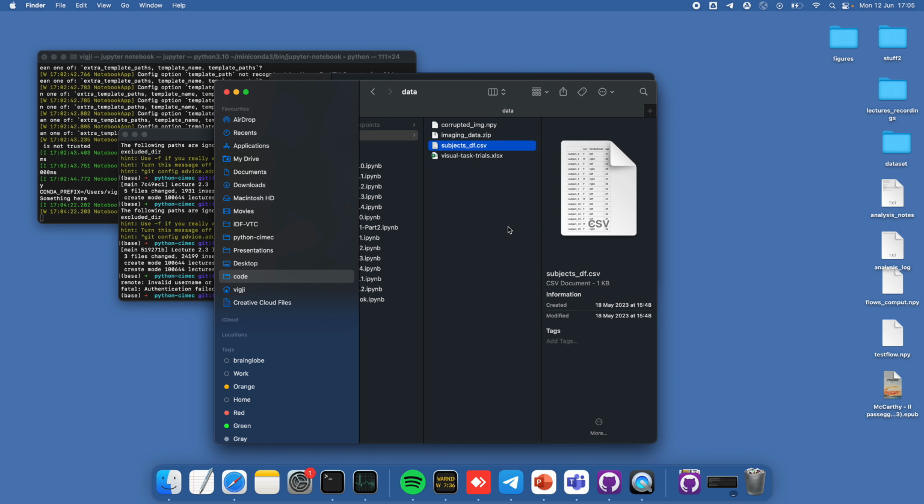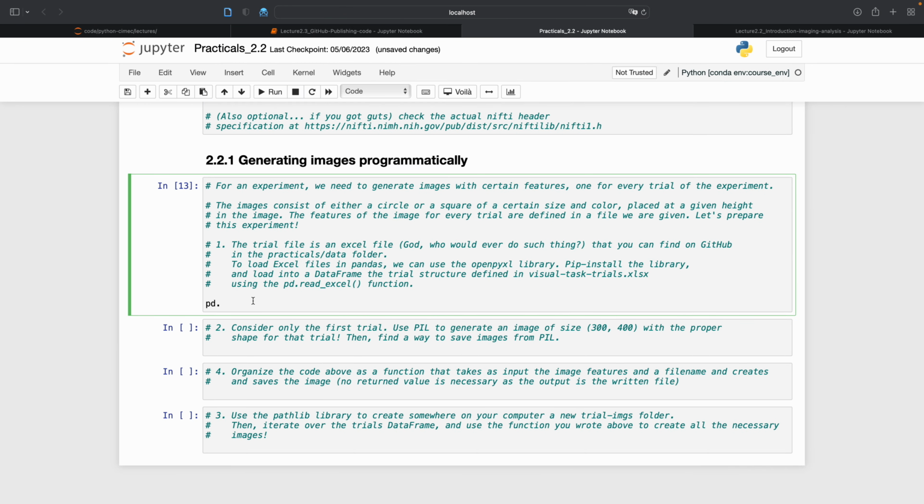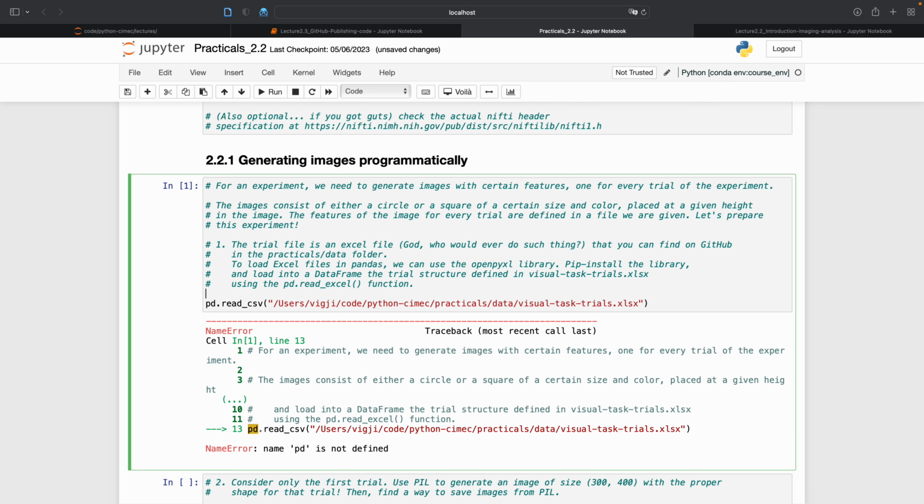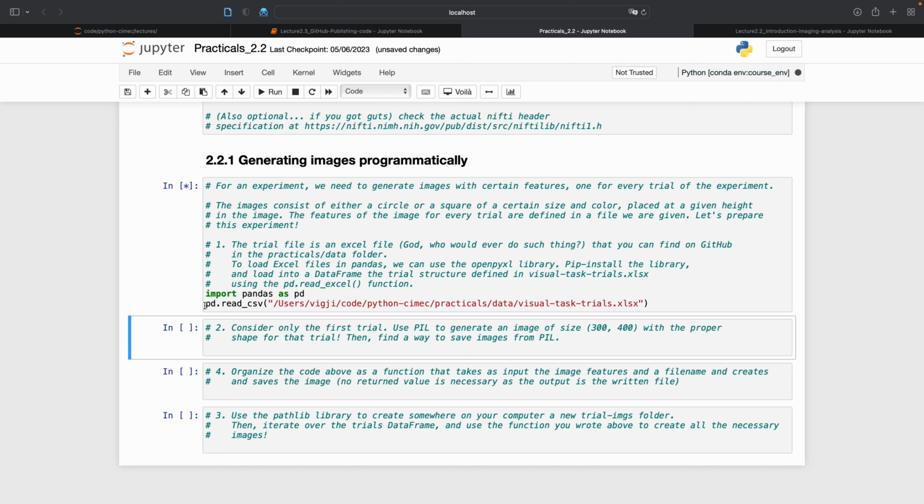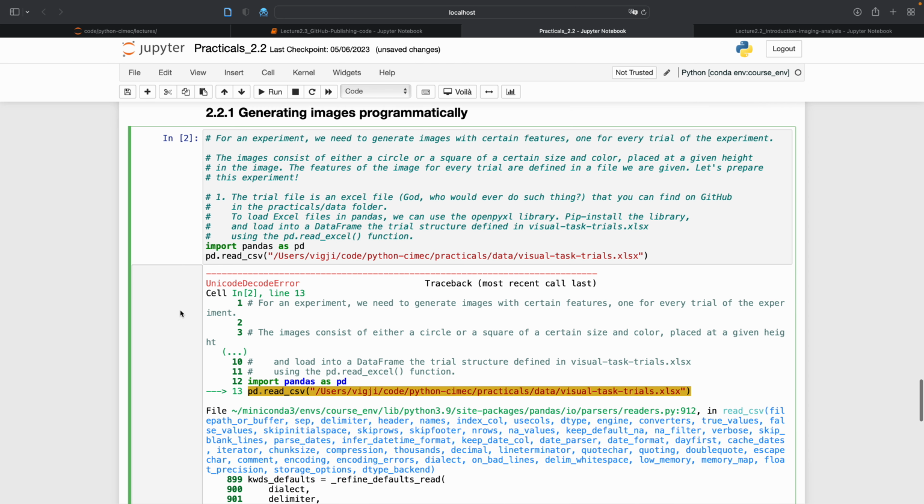Practicals data. Here we are. Okay, so read CSV. Import pandas, read CSV. And this is the data frame that we should be